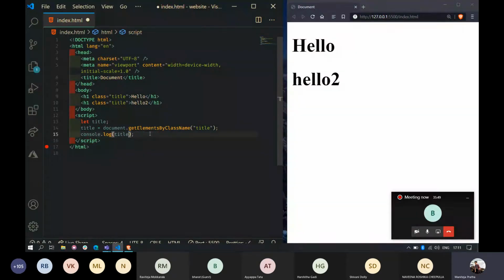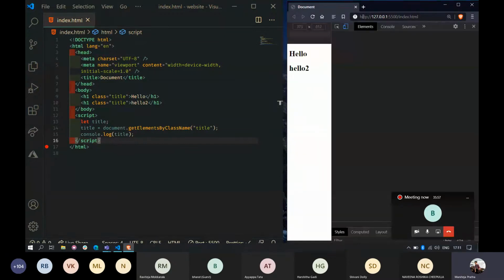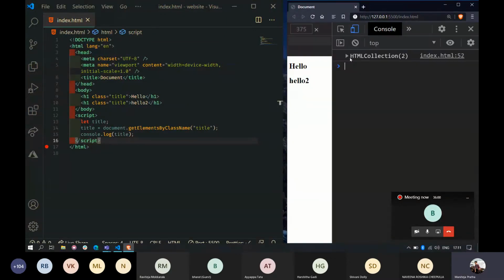Now I inspect and go to console. As you can see, it displayed an HTML collection. What is its length? 2. Why is it 2? Because we have two HTML tags with the same class name title.